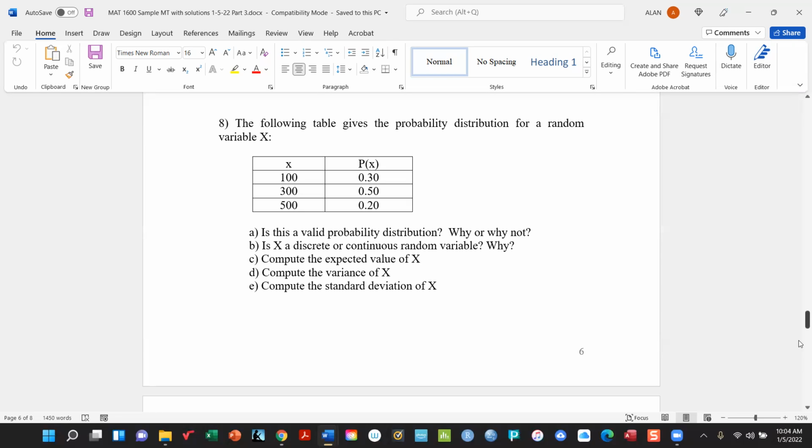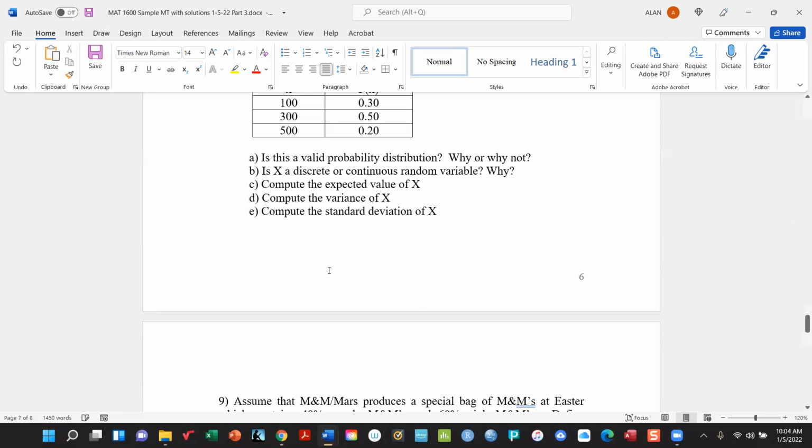This is some experiment that's taking place where x can only equal 100, 300, or 500, and those are the corresponding probabilities. Now, we know that x is discrete, and that's one of the questions, because it can only attain 3 different values. And since 3 is a finite number, that means that x is considered to be discrete. But first things first, is this a valid probability distribution? Why or why not? The answer is yes,